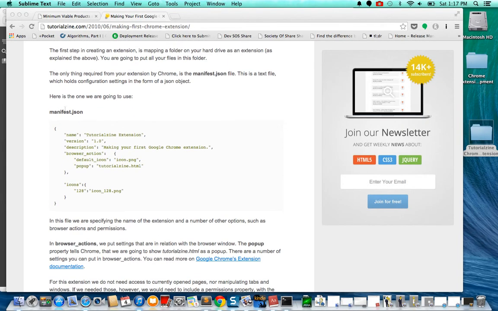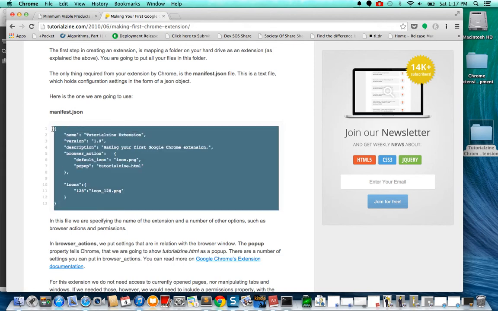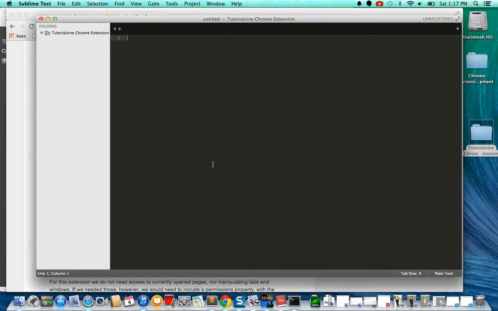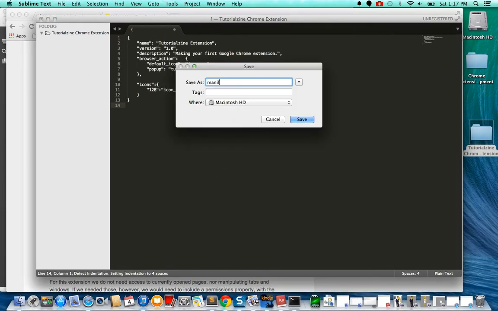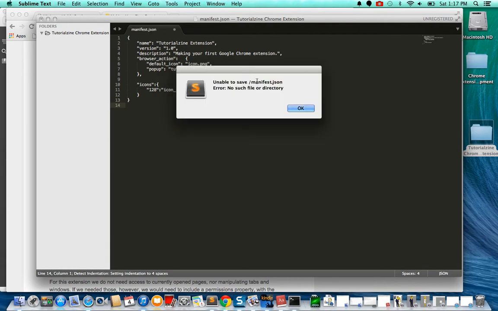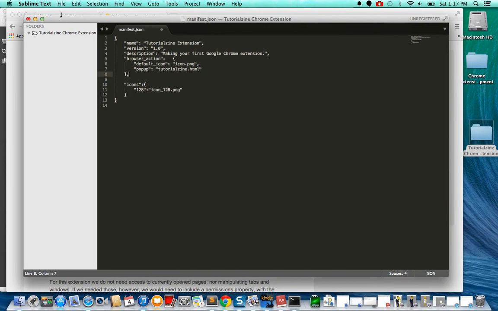So first is the manifest.json file. If you're new to Chrome extensions, then you don't know that this is kind of the master file that controls almost everything in the Chrome extension. This is kind of the heart of the Chrome extension. Save this as